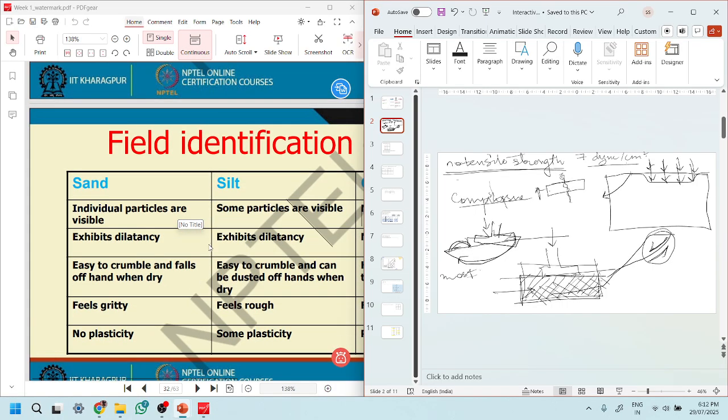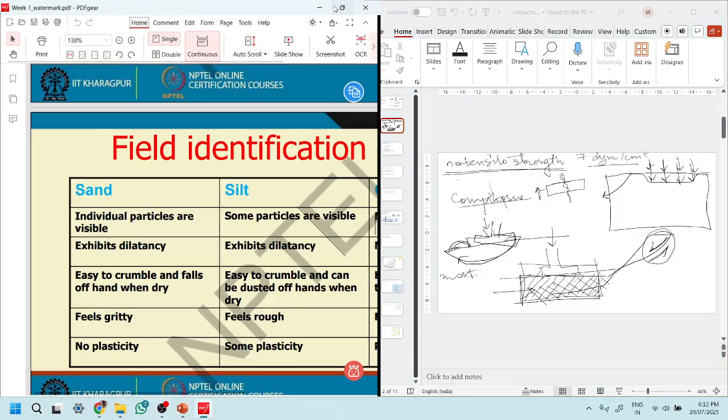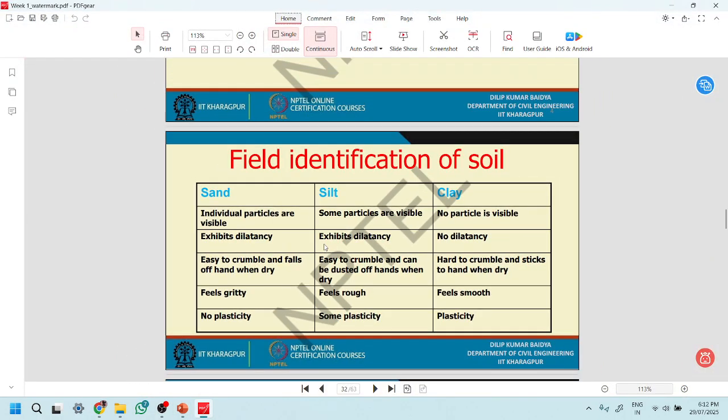Then, if we talk about an introductory thing, first, if you go to a field as a field engineer, and you have been asked to analyze the soil there, the first thing you will do is visually analyze the soil and try to understand what kind of soil it is. And this